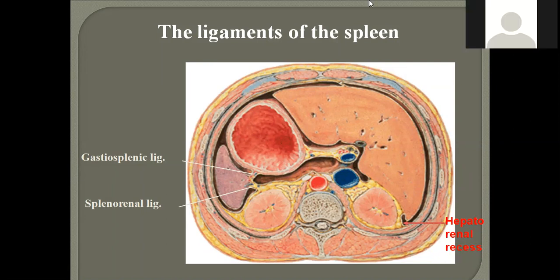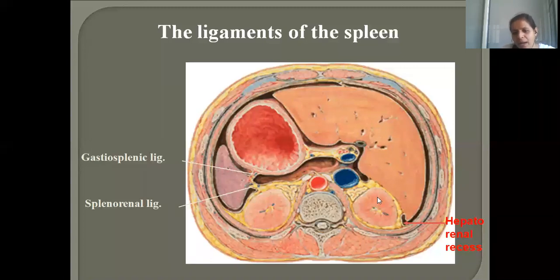So this is actually present between the liver and the right kidney. So what is the name of this recess? Hepatorenal recess. Okay. Actually, there is one more word used to represent this recess. We can also use the word hepatorenal pouch or Morrison's pouch. What is the other word used? Morrison's. M-O-R-R-I-S-O-N apostrophe S. Morrison's pouch or hepatorenal recess. Are these ligaments which are shown on the screen clear, beta?